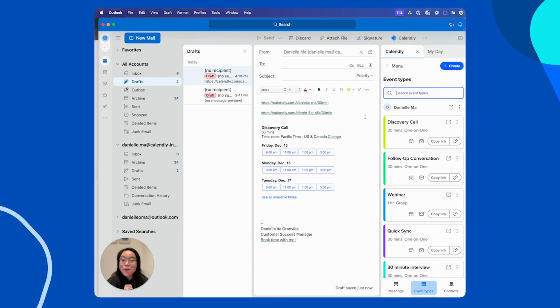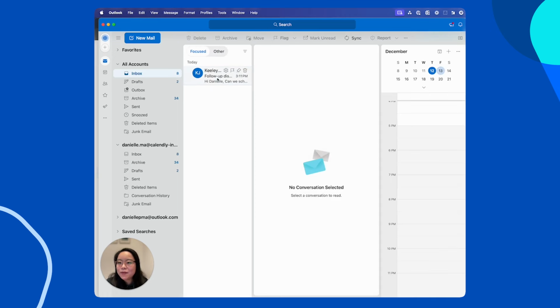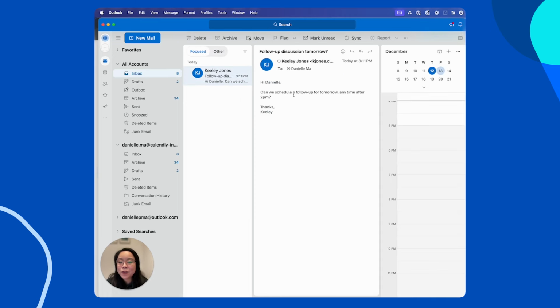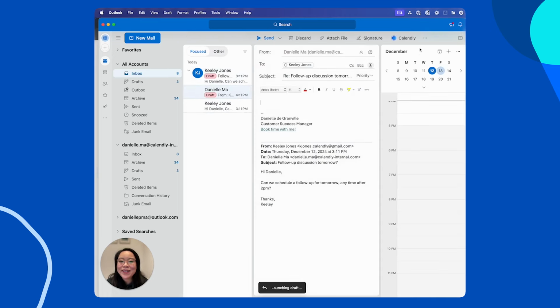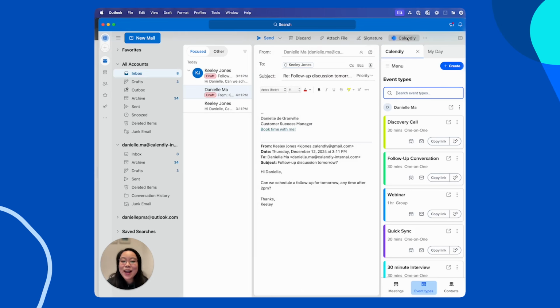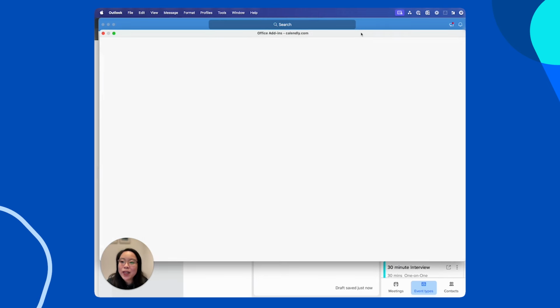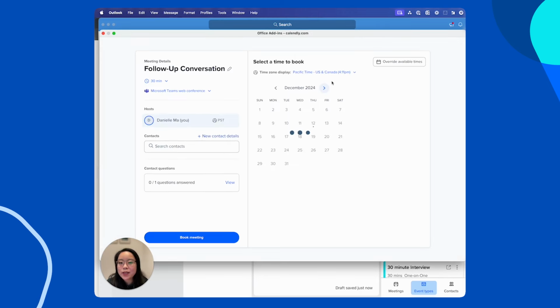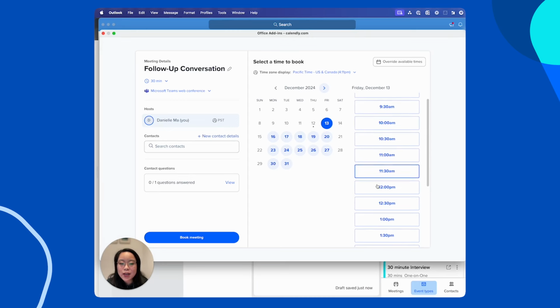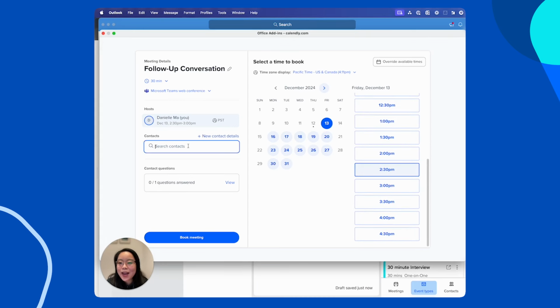Number 4, book meetings in real time from the add-in. I'm not talking about sharing availability here, but getting a meeting scheduled and on the books now. So say somebody emails you and they want to meet tomorrow anytime after 2 p.m. Hit the reply button, click that Calendly icon, and now use this calendar icon button to book a meeting. This will let you book a meeting in real time. All you have to do is select tomorrow, anytime after 2 p.m., add your contact in,